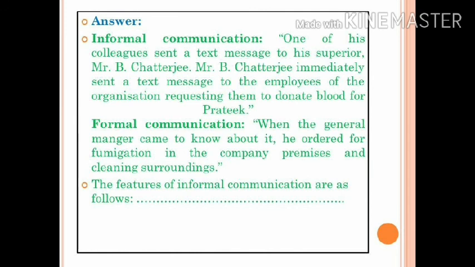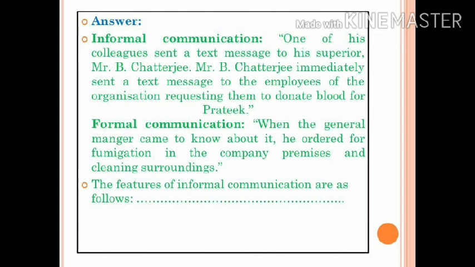And the informal one means help was asked for blood donation generously. That is considered to be informal, because you cannot give an official order to your subordinates to donate blood. And here also the junior is sending a message to his superior, and a text message is going on.